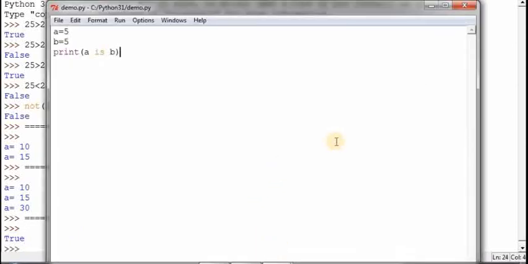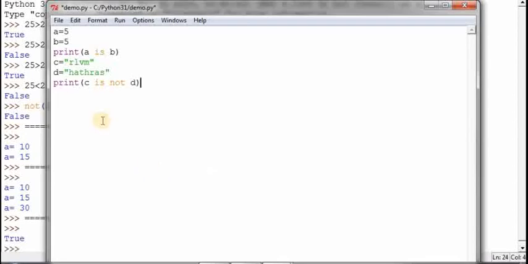Now next, suppose c equals 'RLBN' and d equals 'R plus'. If you check print c is not d, what will be the result? Is it true or false?